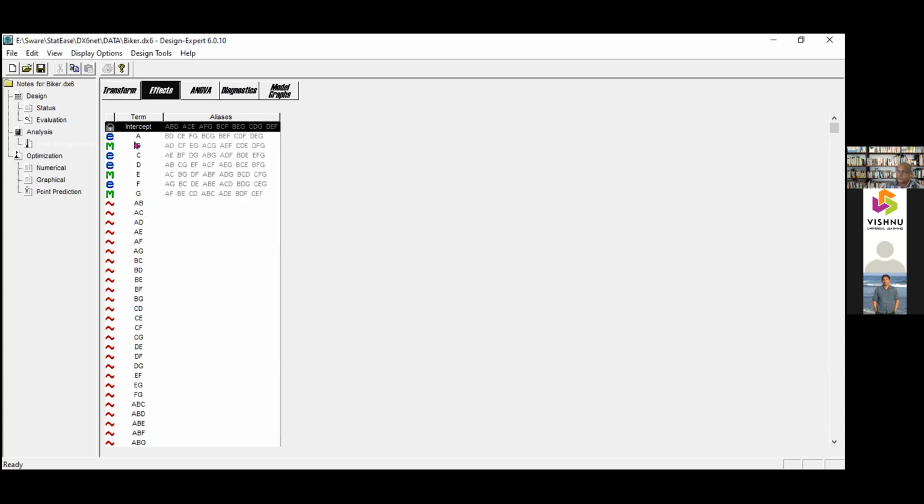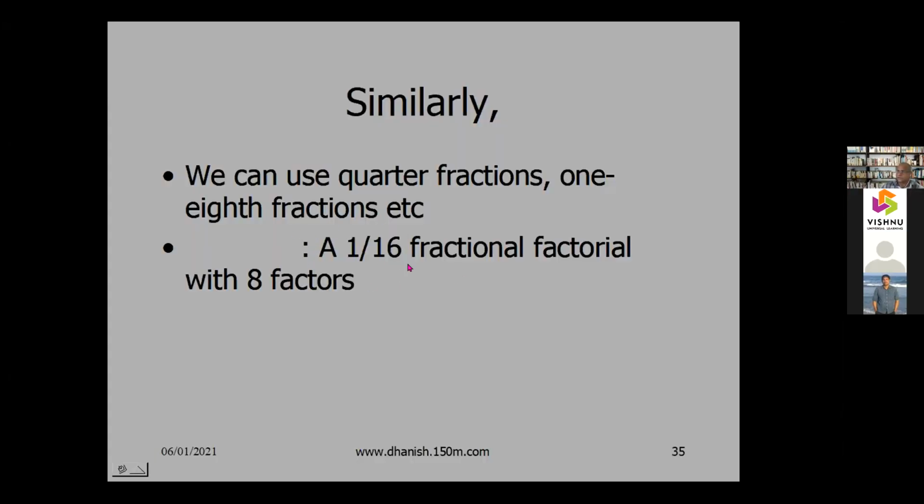So it may be main effect of B or it can be interaction EG. We cannot really distinguish with only these 8 runs. So that is the thing that we have to be careful about in fractional factorial design. Okay, so that is how we analyze.